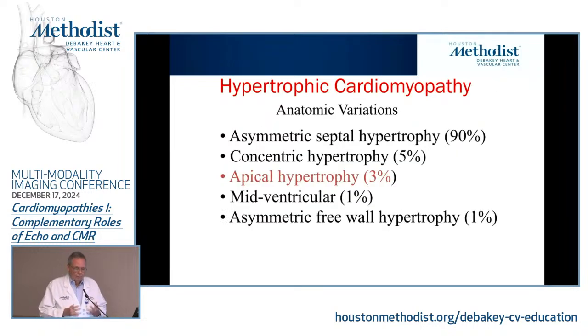And here are all the other forms. So asymmetric septal hypertrophy, 90%, but then you have concentric hypertrophy, apical hypertrophy, even mid-ventricular hypertrophy, and very rare asymmetric free wall hypertrophy. So basically, there are different forms of hypertrophy, and the key finding when you are looking at a patient is that the hypertrophy does not have a good explanation. So you have someone that has hypertrophy, but they don't have aortic stenosis, they don't have hypertension,